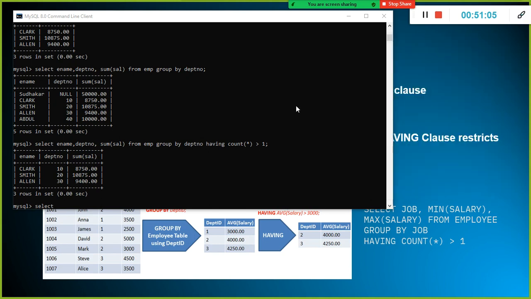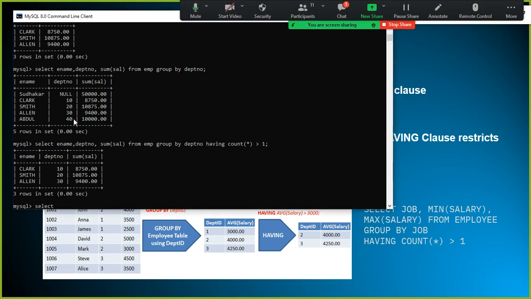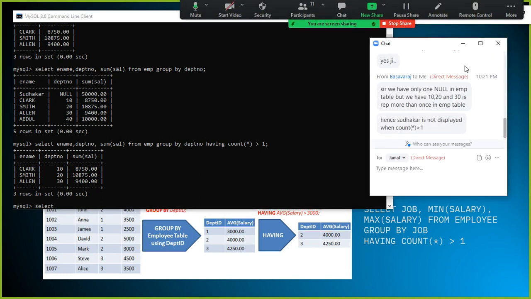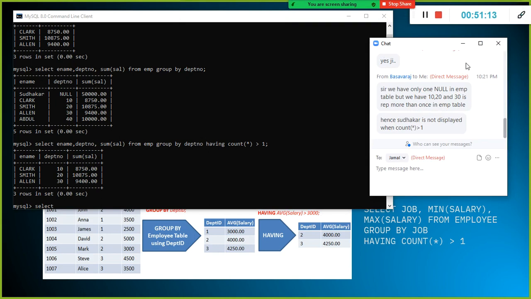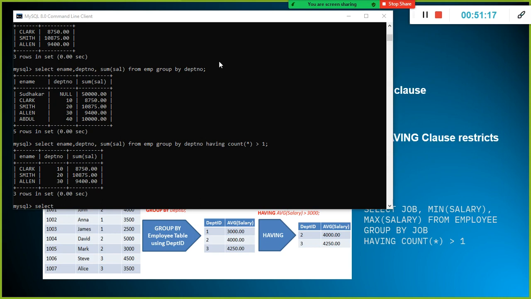Okay, what you are trying to say? Okay. But 40 is there, right? Baswaraj, 40 is also there. Sudhakar is not displayed when count of star is greater than 1. Yeah, Sudhakar is not displayed because he is not appearing more than once, right? Abdul is also not appearing more than once.